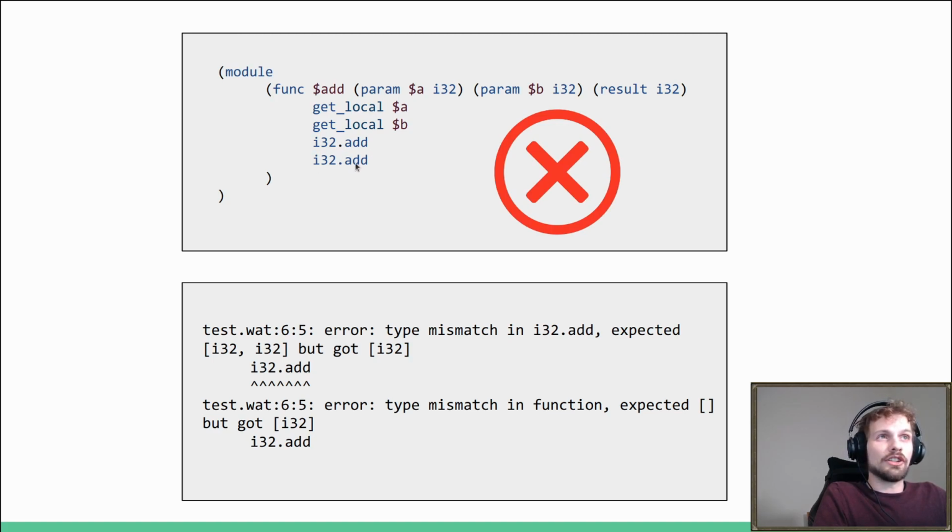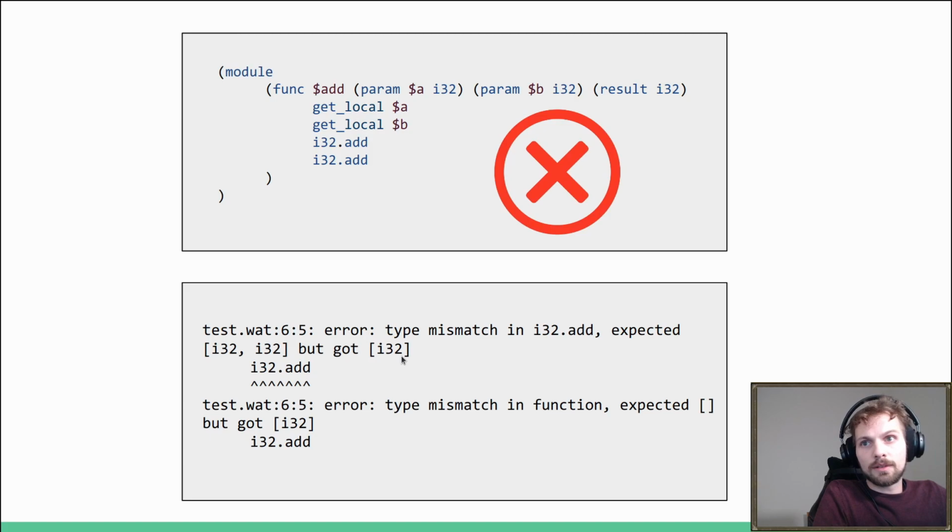And then we come to the next i32 add, and then we come to what we see here. This is our type system basically. Our function at this point, our stack. This could be the type of our stack elements. Our stack elements have the type i32.